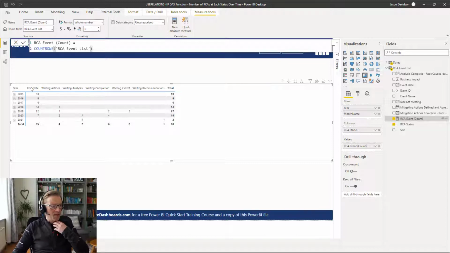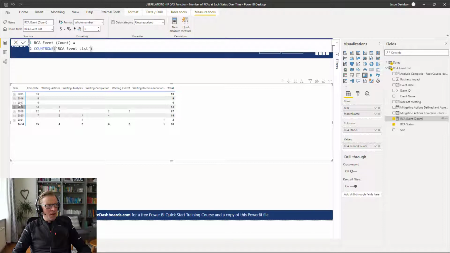So what this is going to show, now these, before I mention this, these are not in order. Okay, so I'd probably put these, or definitely put these, in the order of the actual sequence they flow through, the milestones they flow through as part of the actual RCA event process. However, what I want to just show here is that these are the number of